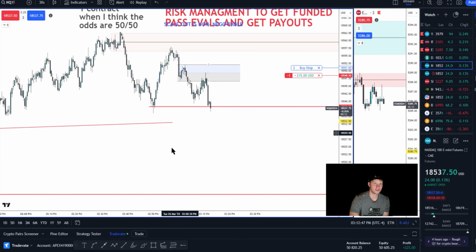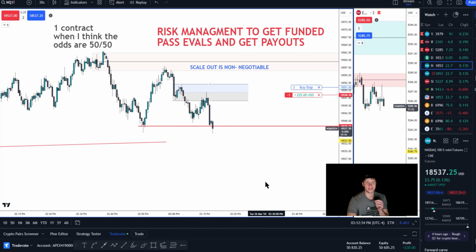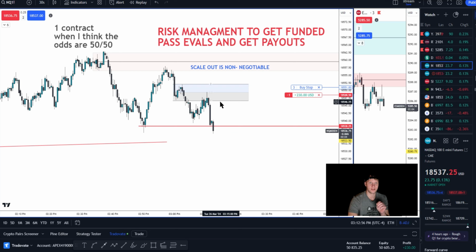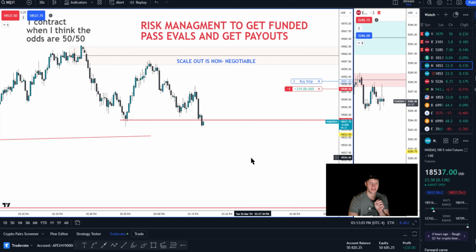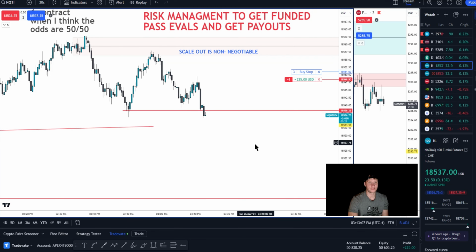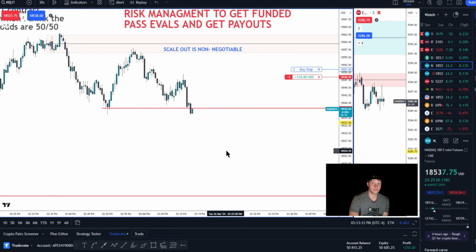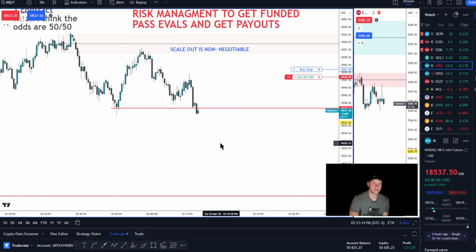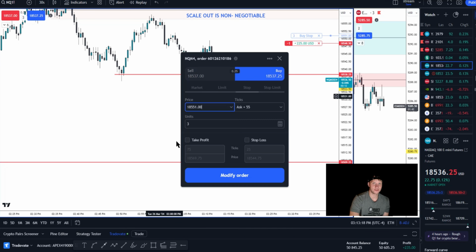It's not like, oh, well, maybe I might do it. I don't really know. No, it's none of that. You have to scale out. I do not know a single trader that is profitable that does not scale out. That should tell you right there that it is a super powerful thing and you should be doing it too. I don't know anyone that doesn't do it, guys. From ICT to every actually profitable trader that isn't just trading demo, they scale out, man. You have to.